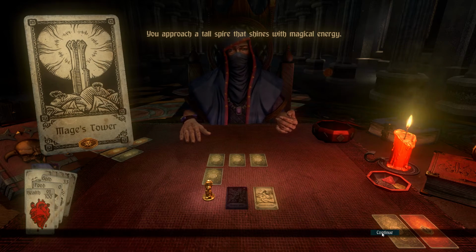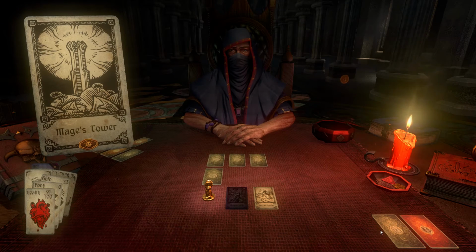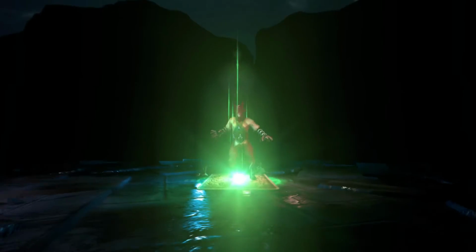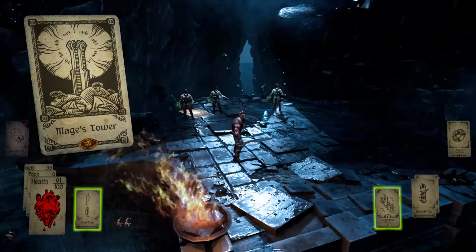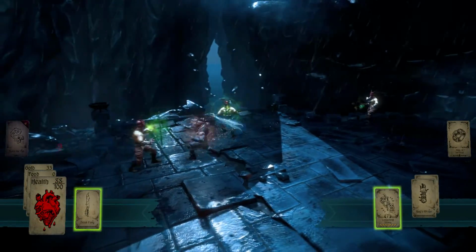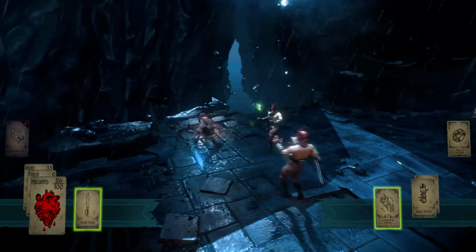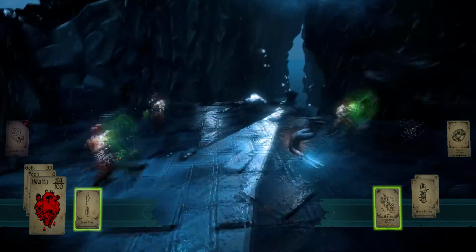You approach a tall spire that shines with magical energy. Well, enter the tower. As soon as your hand touches the cold iron doors, the mages are all alerted to your presence. Wow, is this like a mini-boss or what? It's very... What the...